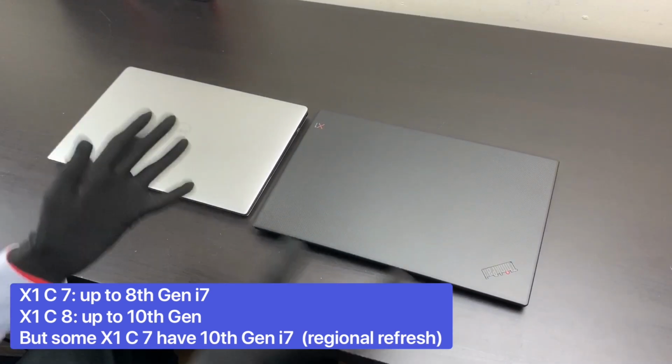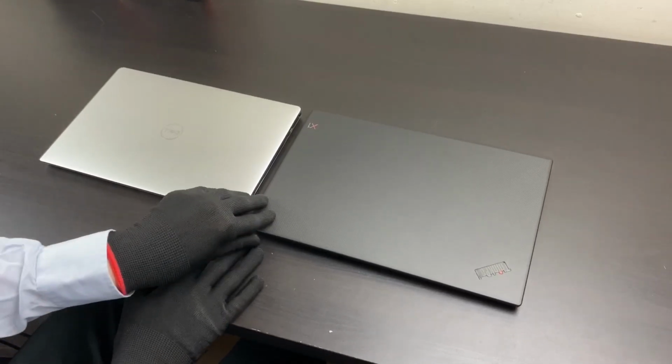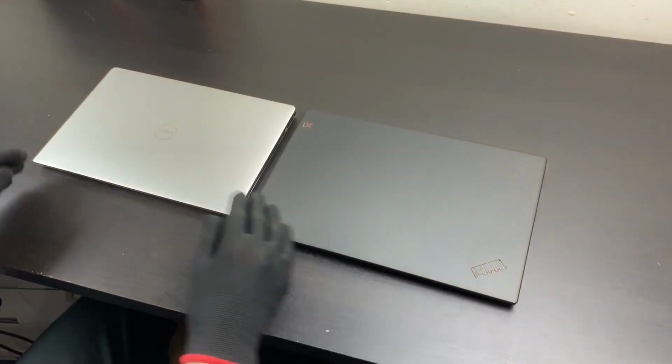Lenovo 8 and in some regions 7 has the Comet Lake processor, the updated one, all the way up to 6 cores. There's one small thing which we notice, which is